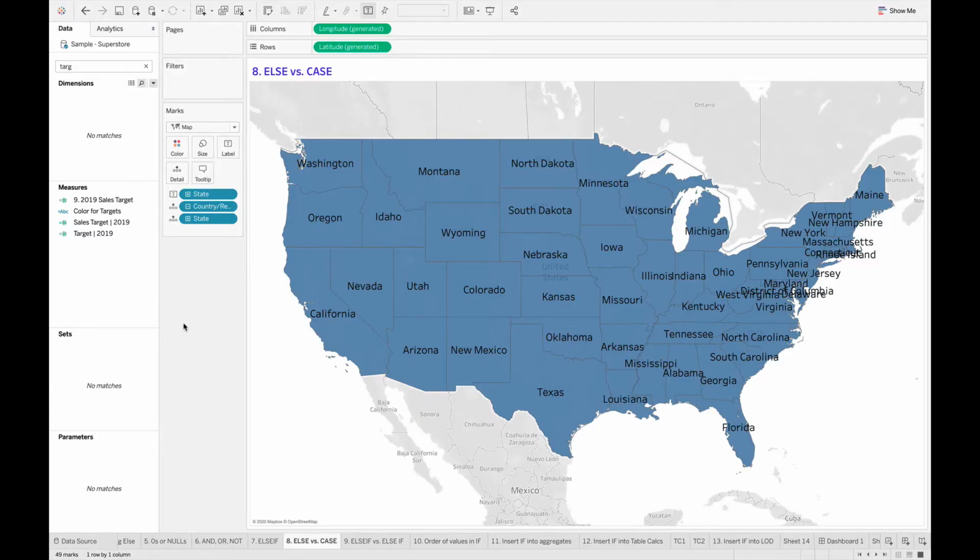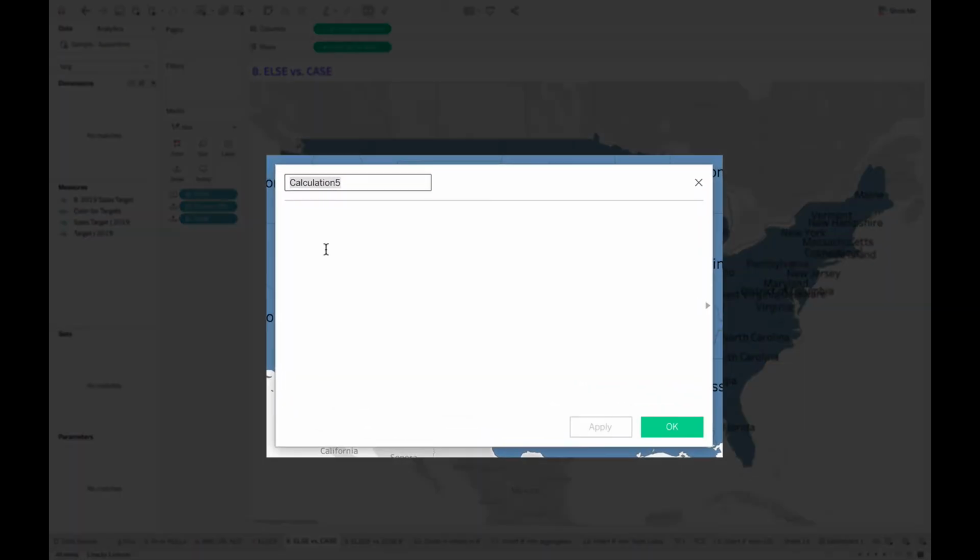Let's start with our first tip of this second episode. This is actually tip number 8. In tip number 8, I want to discuss when you're going to use the if-else statement or the case statement. It really comes in handy in the example you'll see here. We have all the states on a map, but what I want to show is their abbreviations. And if I'm going to create that calculation, what I end up having to do is say if that state is equal to the state name, in this case Alabama, then I want to show AL. If the state name is equal to